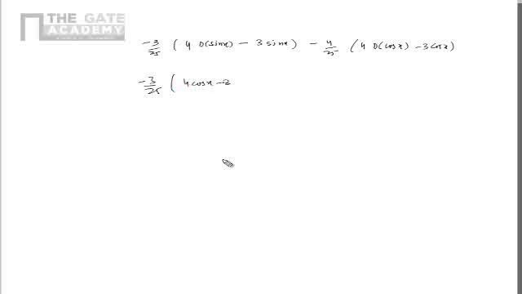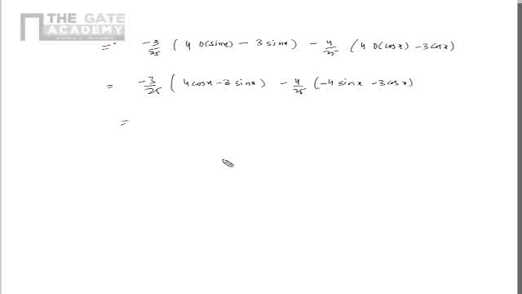D is basically a differential operator, so you can write minus 3 by 25 times the differentiation of sin x, that is minus 3 sin x. Similarly, minus 4 by 25 times D of cos x, basically d by dx of cos x. It doesn't mean something magic. Minus 3 by 25 times 4 sin x is cos x, and this is minus 3 sin x. Then you have minus 4 by 25 times 4 cos x, whose derivative is minus sin x, minus 3 cos x. So if you just simplify,